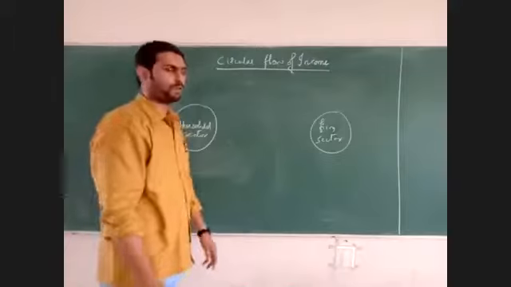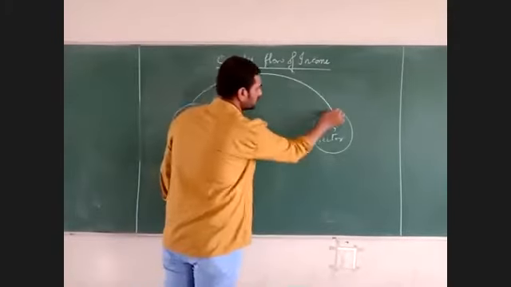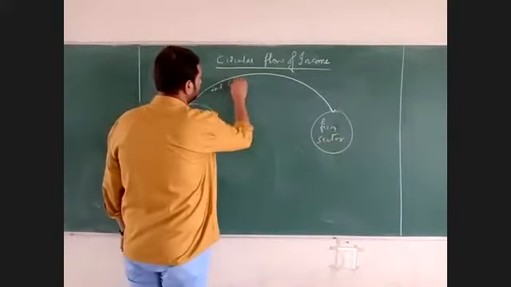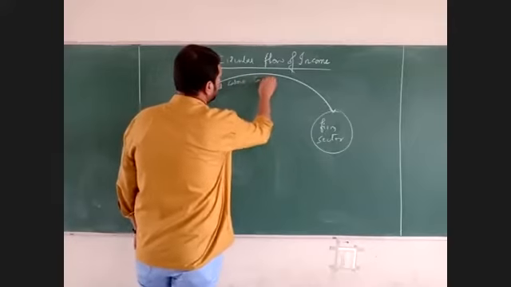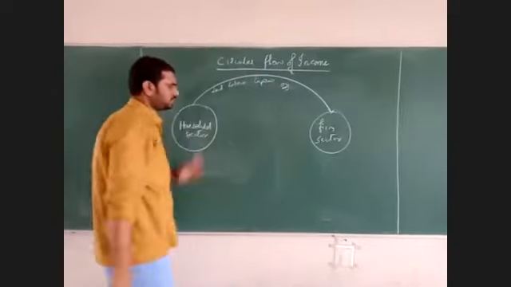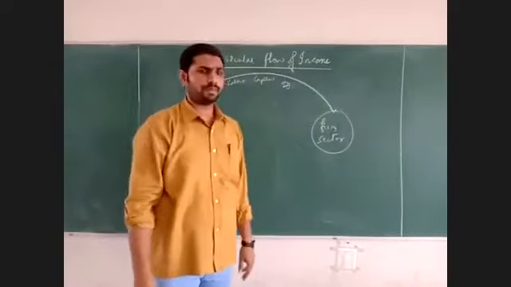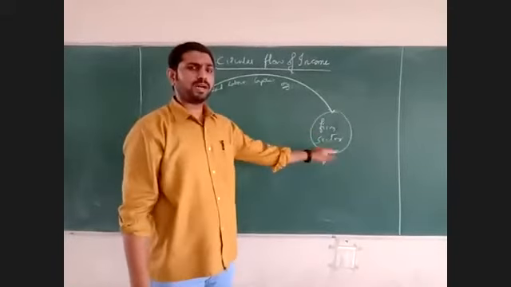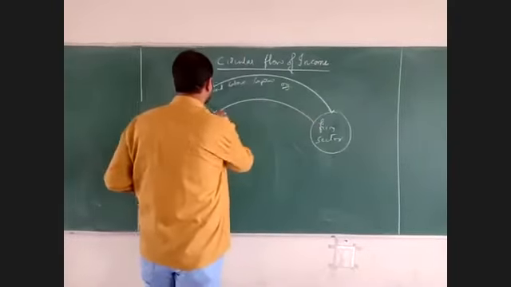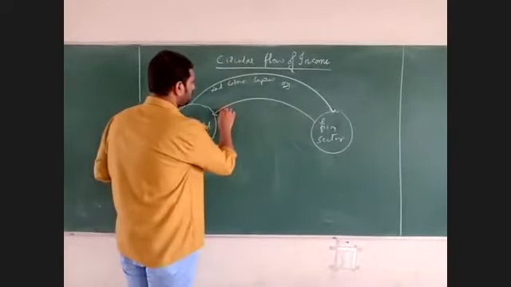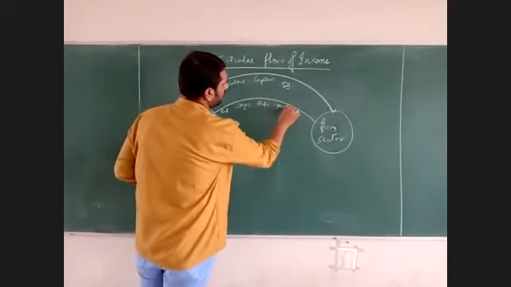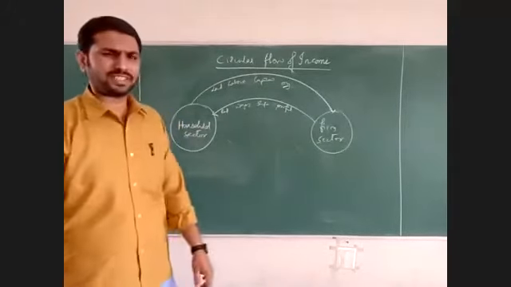Household sector will supply the factors of production to the firm sector. The factors like land, labor, capital, organization. They will supply all these factors to the firm sector, and the firm sector will make a payment in the form of factor services, that is, in the form of rent, wages, interest, and profit, which is also called factor cost.